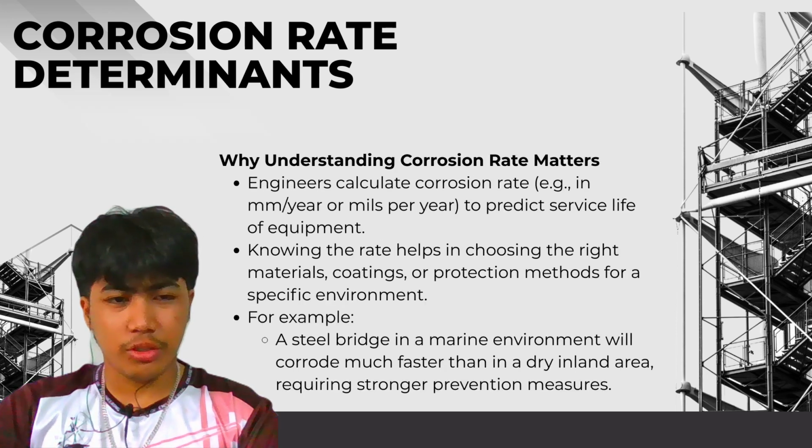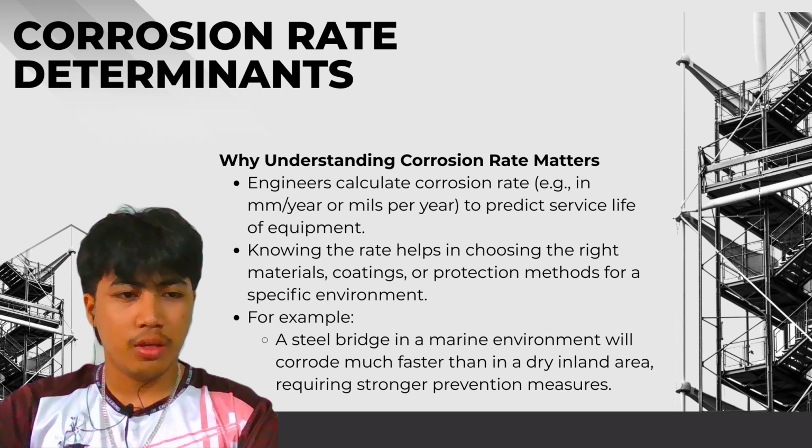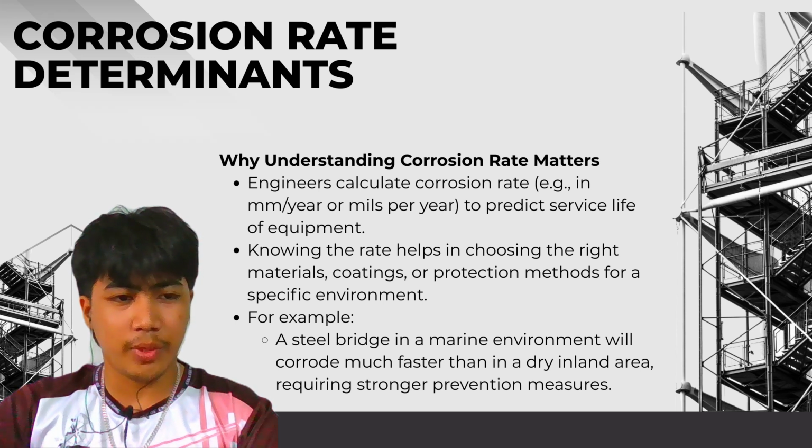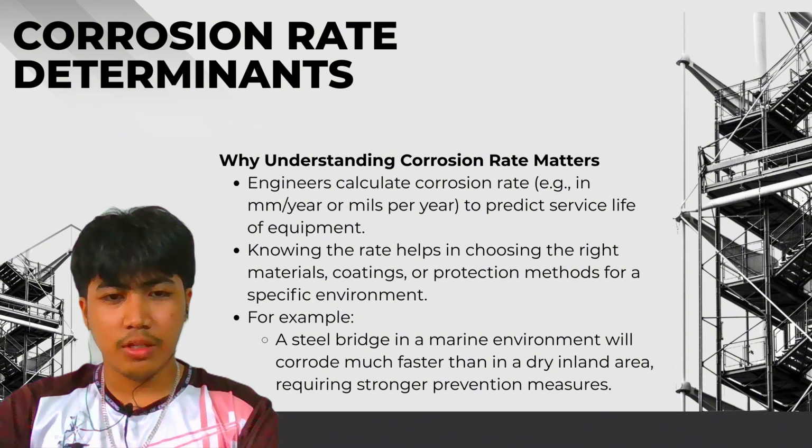Why does understanding corrosion rate matter? Engineers calculate corrosion rate, for example in millimeters per year or mils per year, to predict the service life of equipment. Knowing the rate helps in choosing the right materials, coatings, or protection methods for a specific environment. For example, a steel bridge in a marine environment will corrode much faster than in a dry inland area, requiring